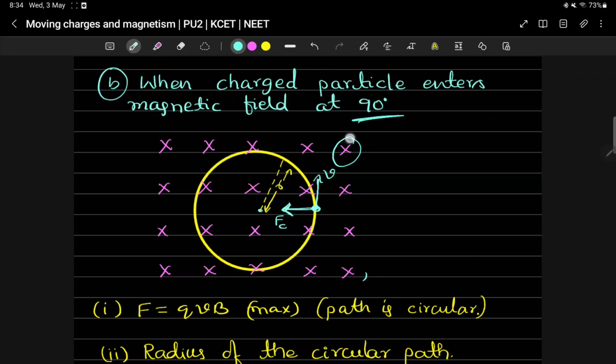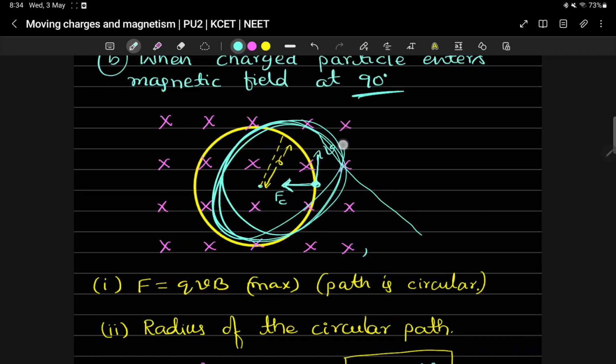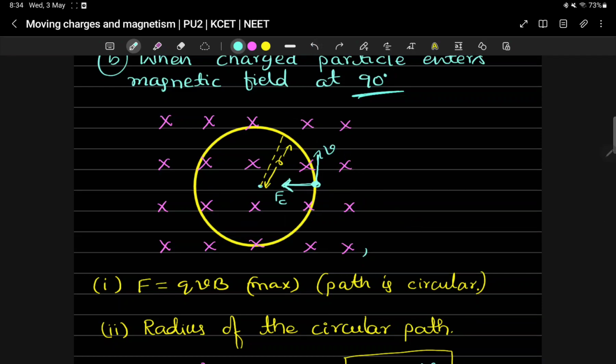Okay, so here I have given the direction of the magnetic field as into the plane of the board. I hope you have already studied these basic things. This is how the magnetic field into the plane of the board is represented. If the magnetic field is out of the plane of the board, it is represented like this, by using a dot. Now the charged particle enters and gets trapped inside the magnetic field,